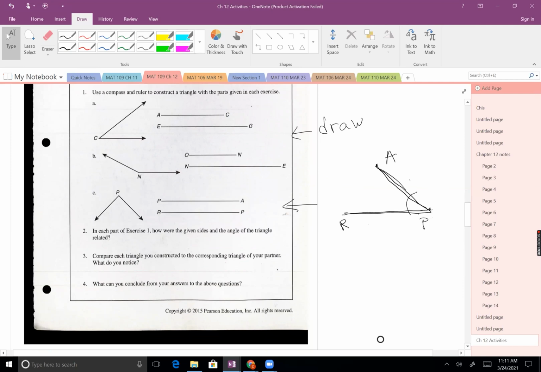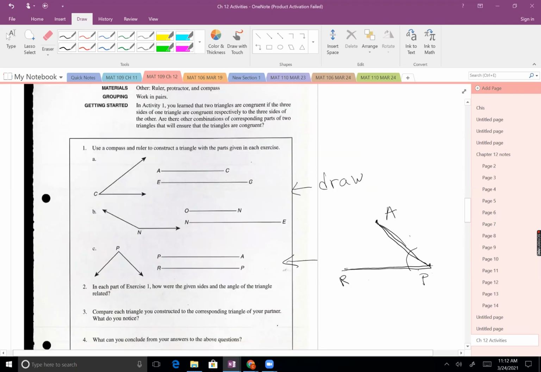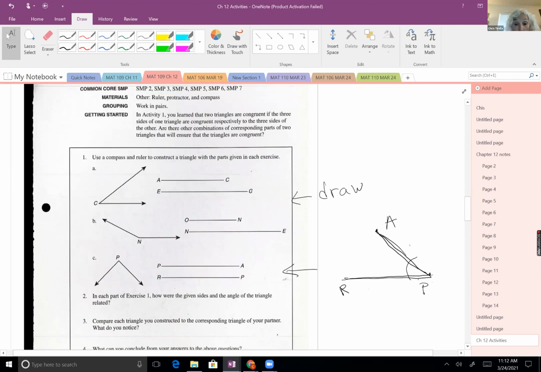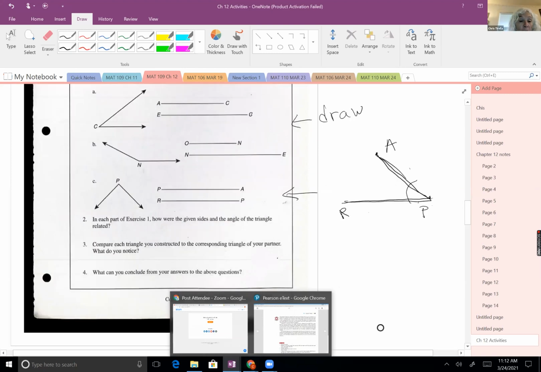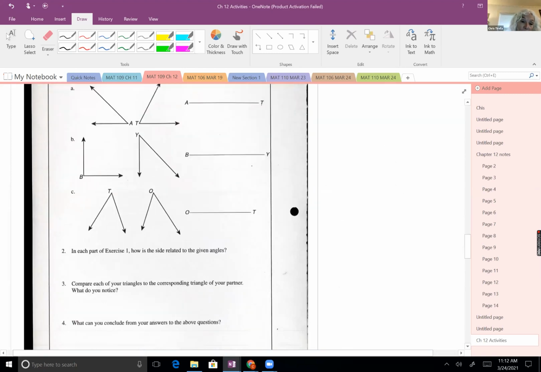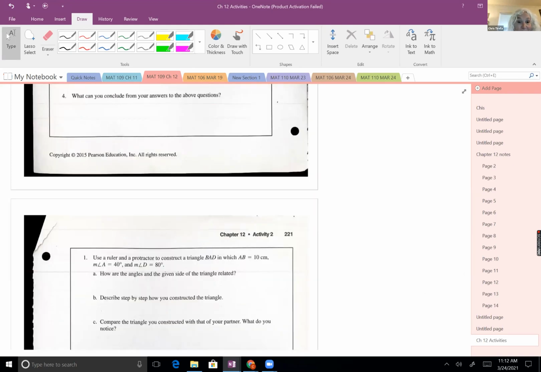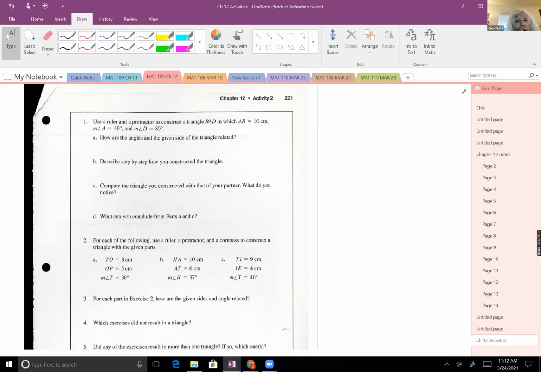Would that be the same thing then for number, page 221? Okay, are you talking about one from the textbook now? No, activity 2 on page 221. Oh, I apologize. Over here,